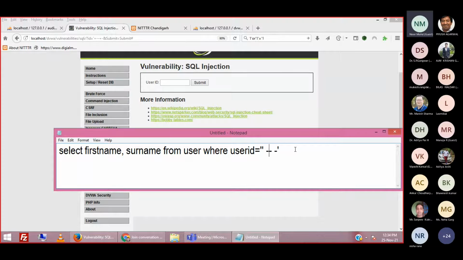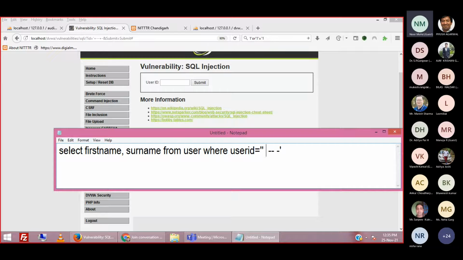Now in this place, after our single quote and before our double dash, we are going to write some additional select queries which will fetch sensitive information out of the databases, right?